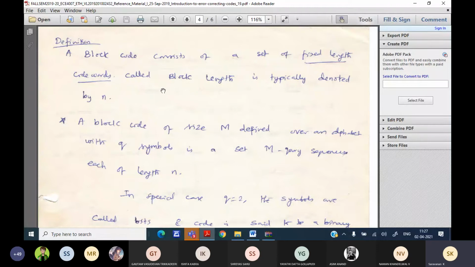After adding the redundant bits, I get the code word. I am going to send only the code word. So what is the size of the code word? By counting the number of bits used, I can find the length of the code word.